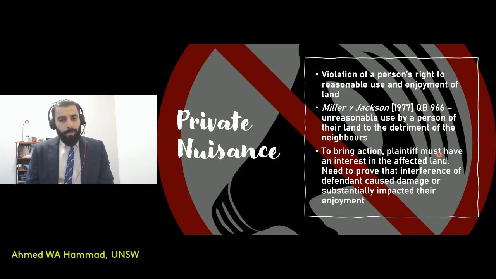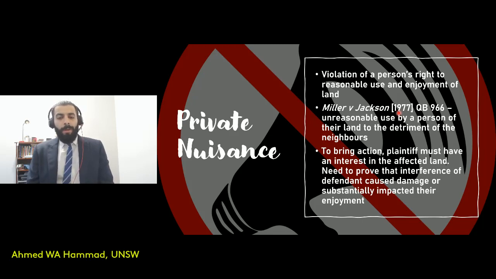Private nuisance, on the other hand, is violation that is targeted towards an individual. So it's talking about an individual's right to reasonable use of their land. In Miller and Jackson, so this case that you see highlighted in front of you, there was an unreasonable use by a person of their land to the detriment of the neighbor, and that was considered as a nuisance, private nuisance. So it's mostly related to issues with sound pollution, so people being very noisy and hence impacting their